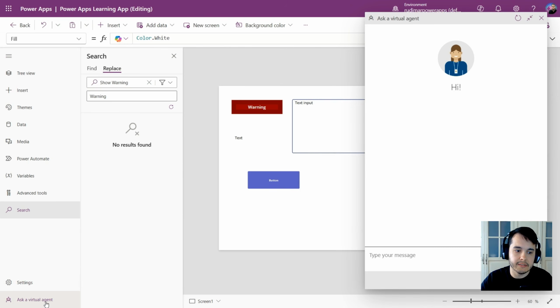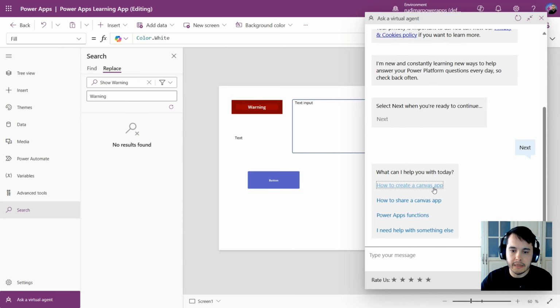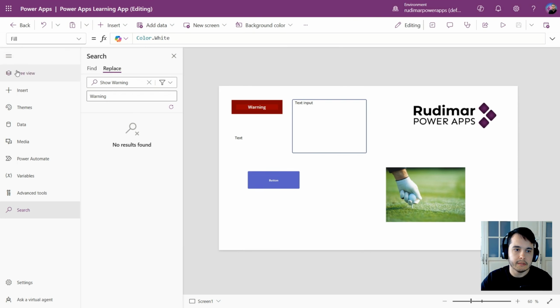We also have this Ask Virtual Agent. You can interact with it to ask questions about Power Apps. And that's all for this